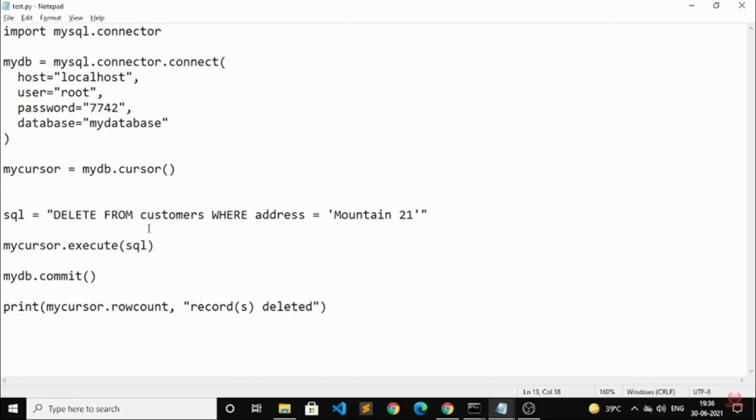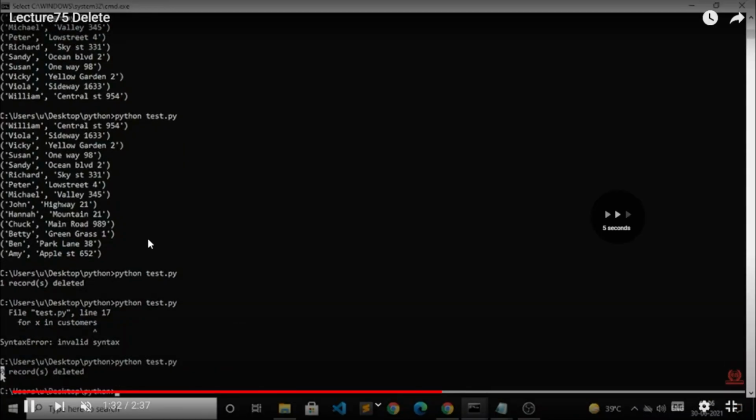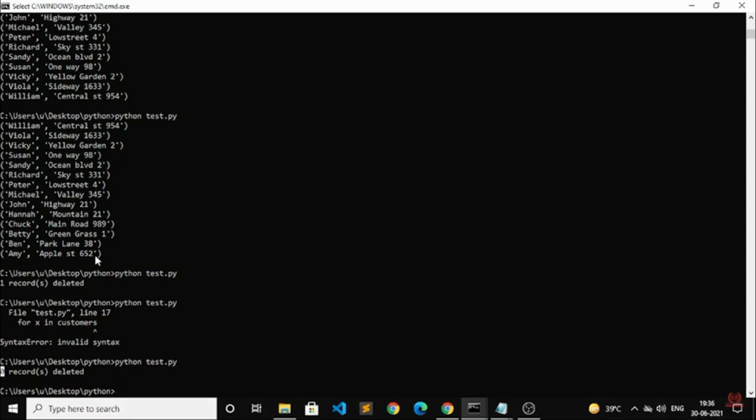Here I have mentioned all the details in my notepad, and once I run this particular code, it will automatically delete all that row and the record where Mountain 21 is mentioned. That is what we are going to work on. So on screen you can see that I have mentioned it and the record is deleted. Where Mountain 21 was mentioned is already deleted